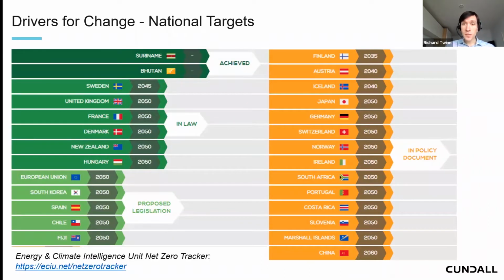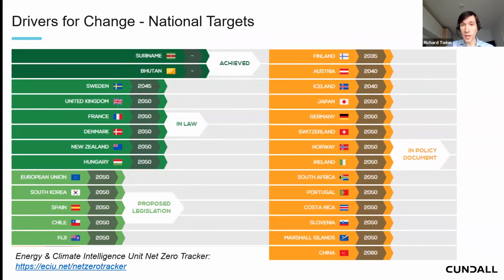So in terms of commitments, basically this is why net zero carbon is the new big thing, because in order to limit global temperature rises, we need to be getting down to net zero emissions, ideally by the middle of this century. This is a list of national governments who are looking to set net zero targets or have already done so themselves.